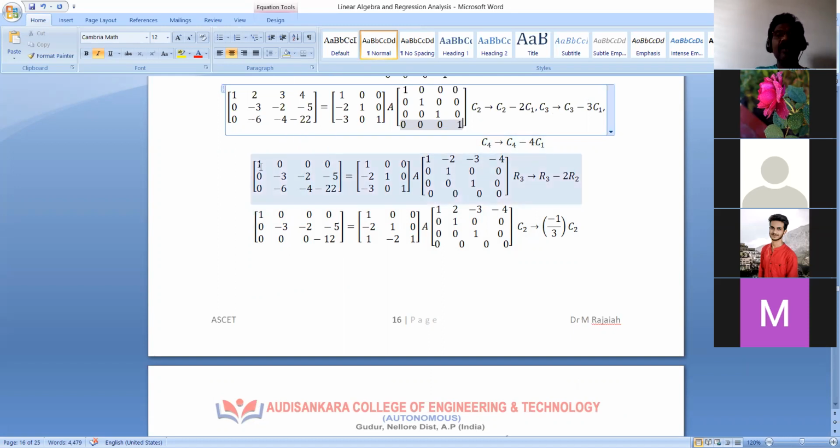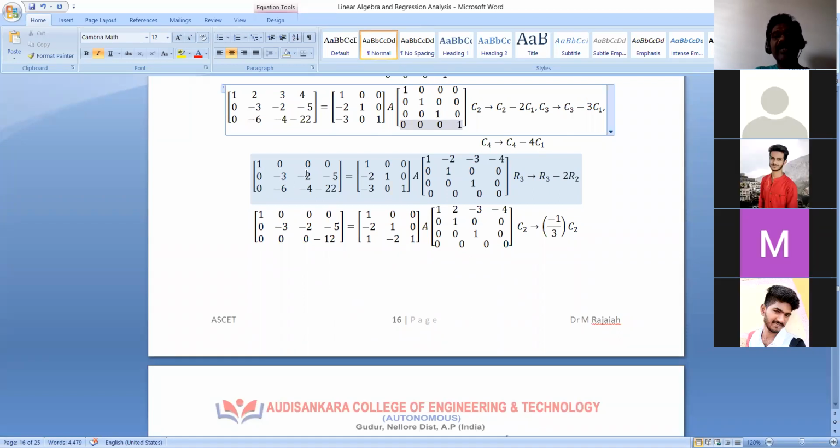Now we want to enter the entries column wise. 1 0 0, 0 minus 3 minus 6, 0 minus 2 minus 4, 0 minus 5 minus 22 equal to 1 0 0, minus 2 1 0, minus 3 0 1 into A